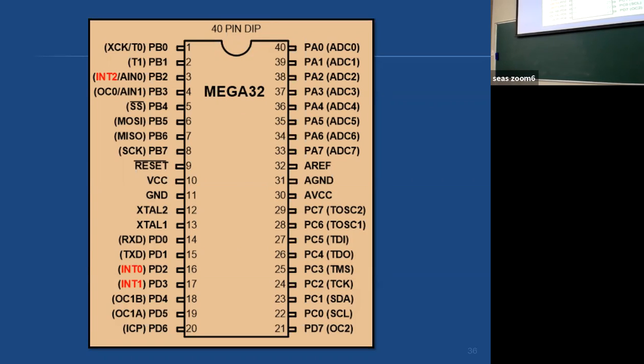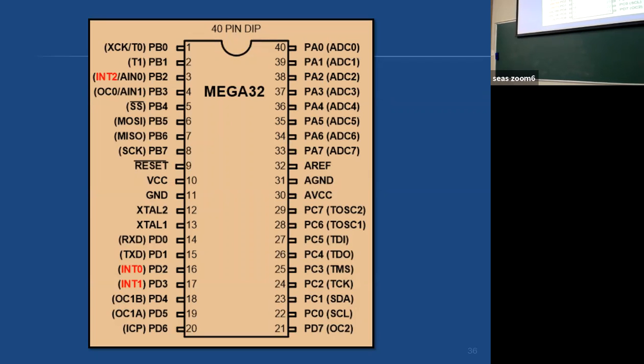So in our 40 pin IC, it is pin 16 and 17, and then we have interrupt 2, that is pin 3, right, where they are connected. Remember, the timer inputs are on pin number 1, timer 0 is here, timer 1 is here. Timer 2 has some extension here, if you want to use it as a real-time counter. Right? So these are all different inputs from the outside world.